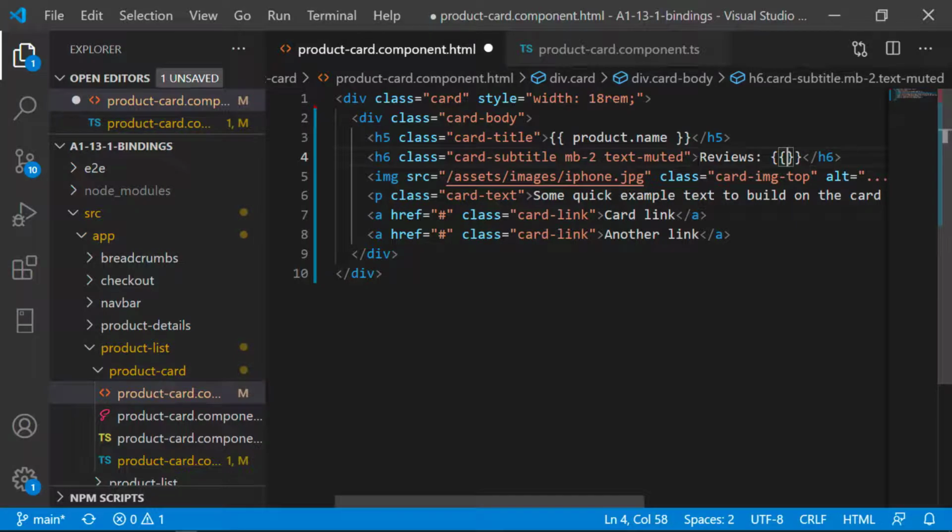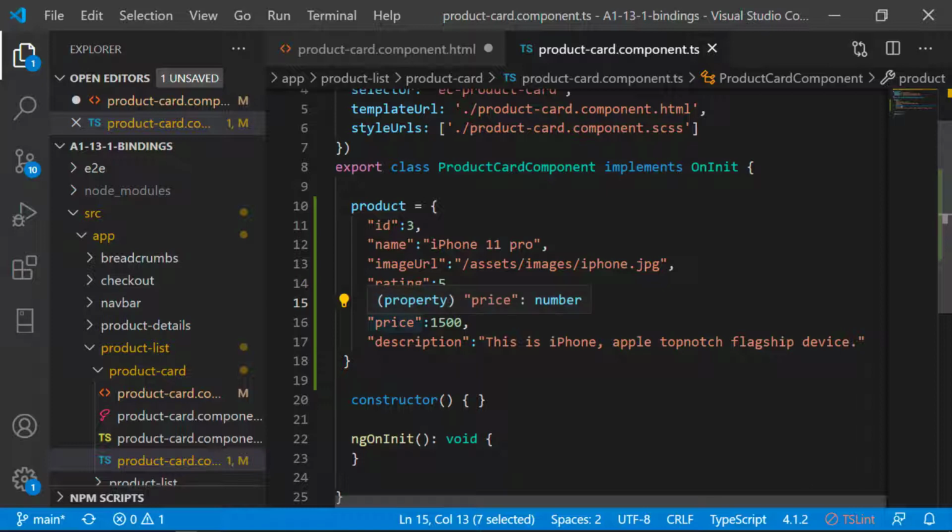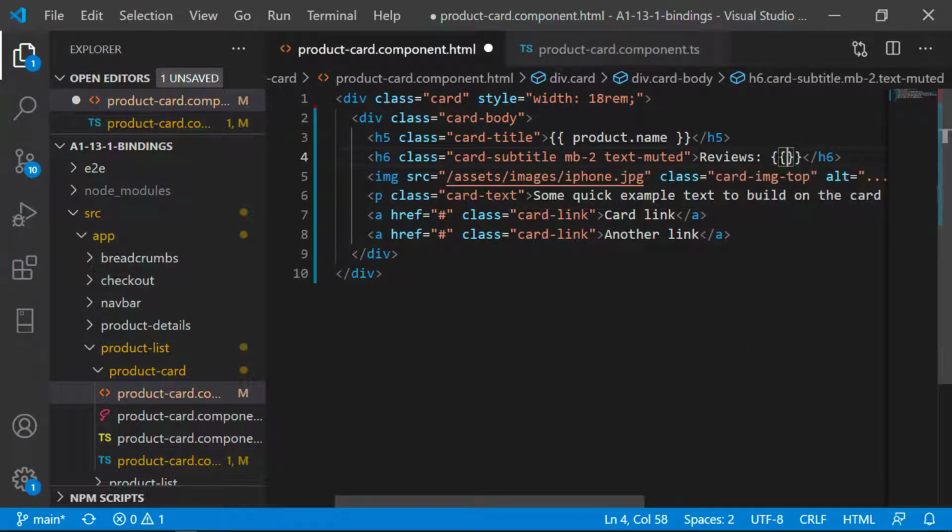If you look at this object, ID, name, rating is nothing but how much review rating they have. This is how many reviews. What is the price of this iPhone 11 Pro? And then the description about the product. Let's switch back. Over here we are going to show the number of reviews. That means product reviews.